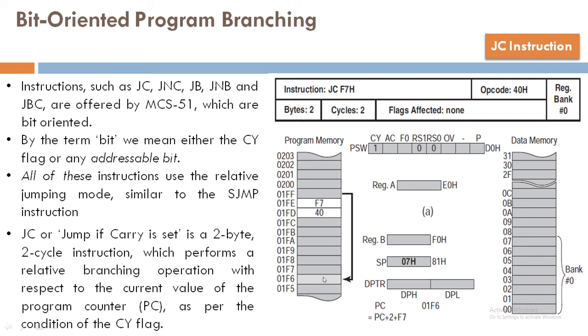Now it all depends on the value that is given after 40. It depends on where you want to make it jump, and depending on that, you will have to provide the address here. In our example, it's 57. In your example, it may be something else. But we always have to remember that we follow the strategies that are allowed in MCS 51.